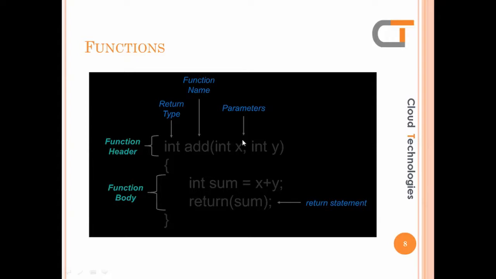If it doesn't do any function declaration also, it doesn't give any error because it will take it directly itself. So this is the function definition, how we define it. In this, int add of int x comma int y. So int is the return type and add is the function name, and these are the parameters passed to the function. So this is the function body and this is the return value, the function header.